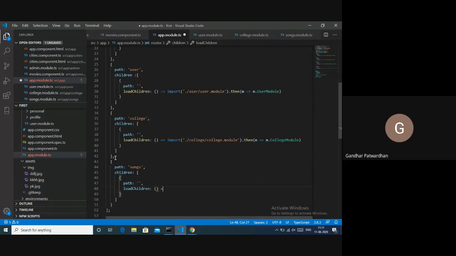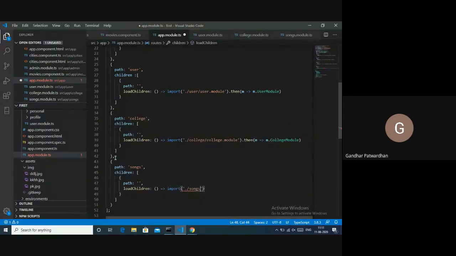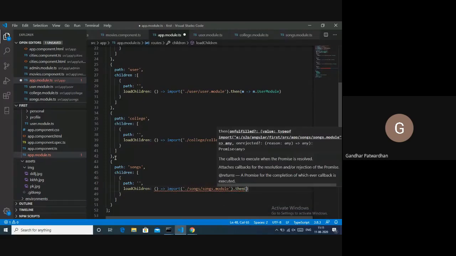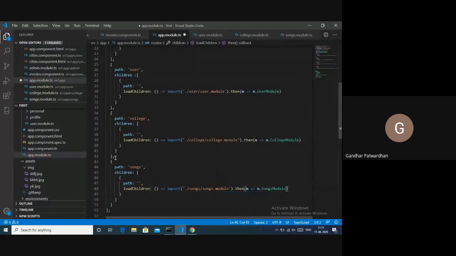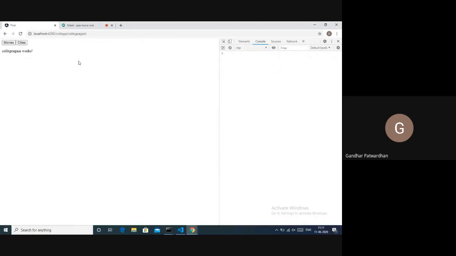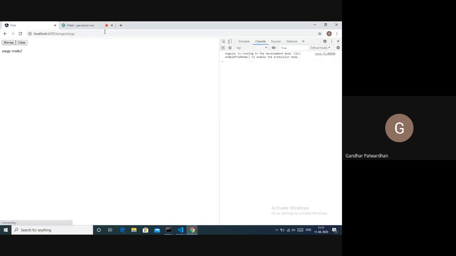Then a function, I would say import ./songs.module, and then I would say then m.songsModule, right? Now let us check if we are getting it. Yes, we are getting it. So even songs work.